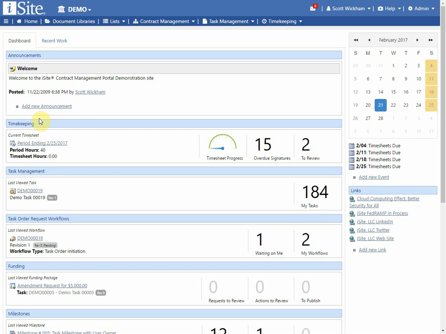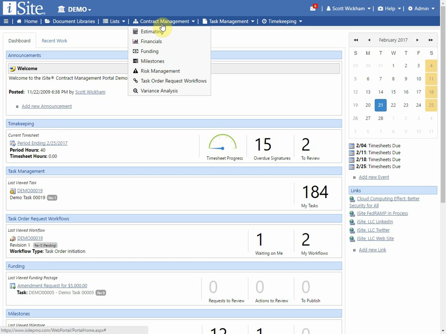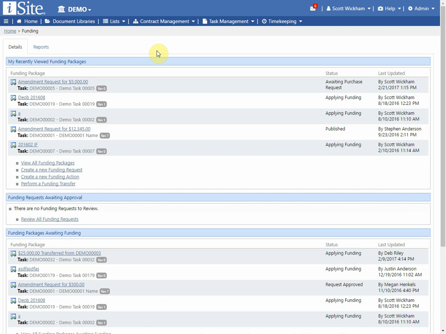This training will cover the funding module within the iSite contract management portal. You can access the funding module by navigating to the contract management menu and clicking on funding. The home page that appears for funding gives a status update of recently viewed packages as well as packages that